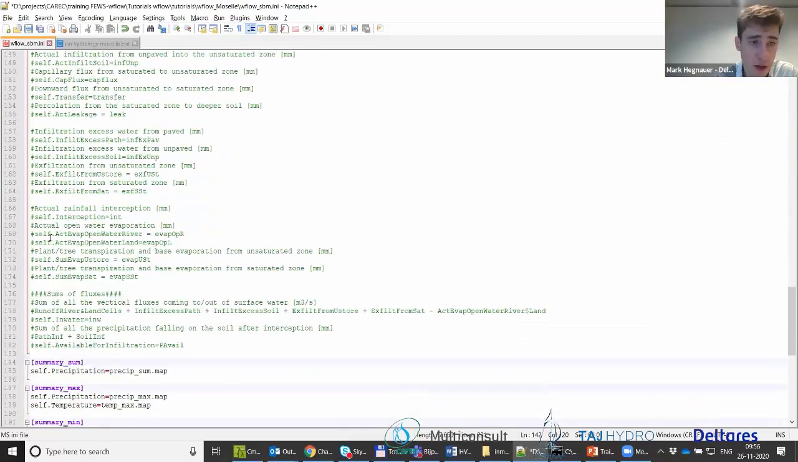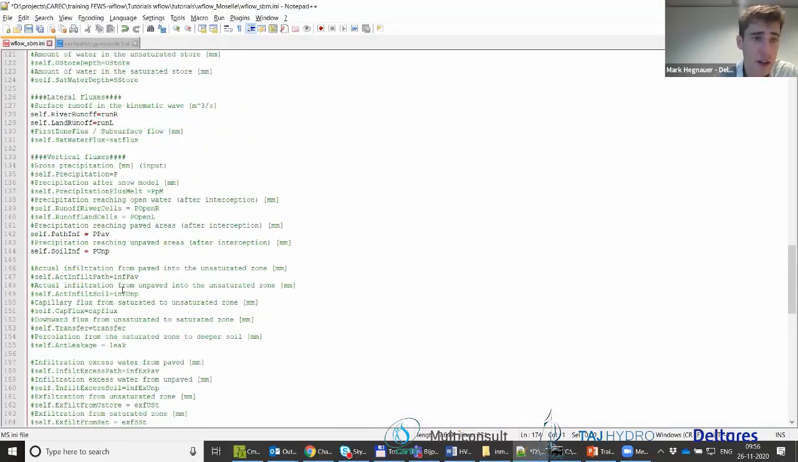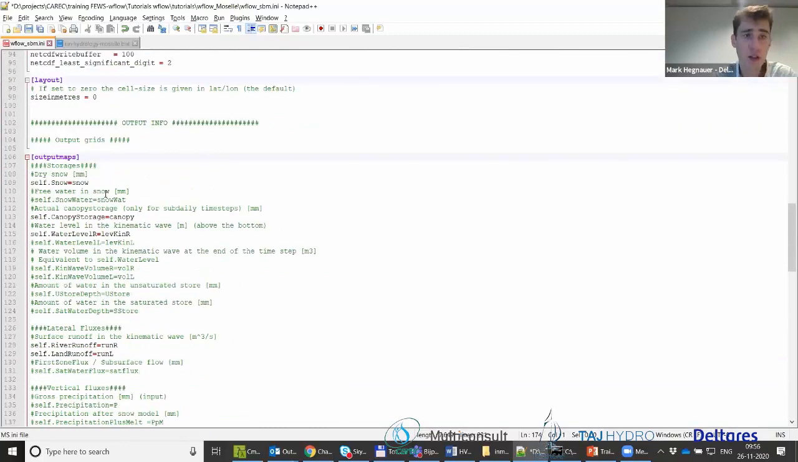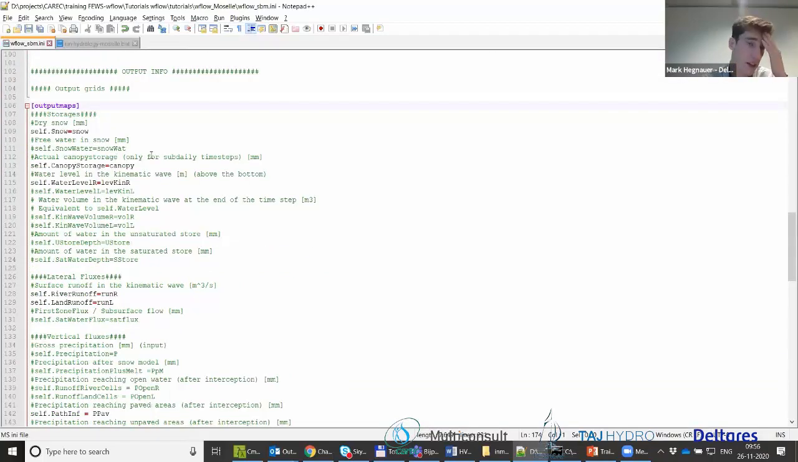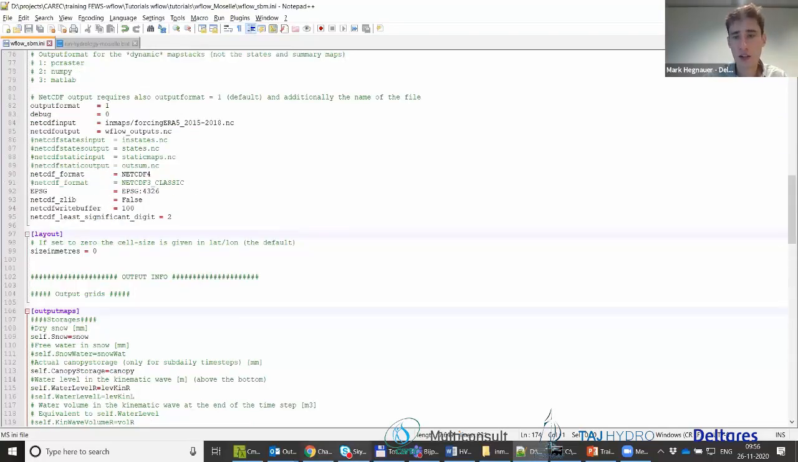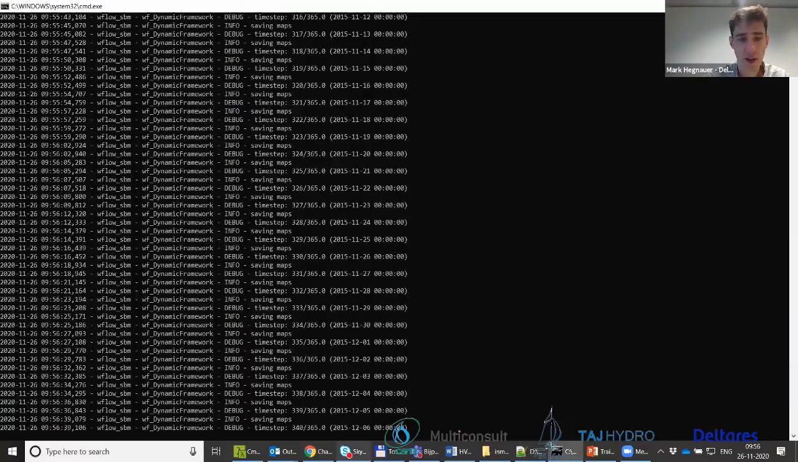Maybe there's something about evaporation. So maybe I want to say, let's see, which one shall I turn on? Yeah, maybe this one, I turn on the sum of the evaporation from the saturated store. So I can now turn all these on, and I can save my ini file, and I can do a new run. And since you saw that the model is quite slow,